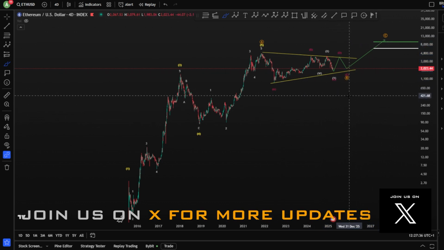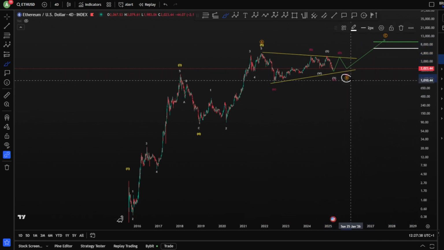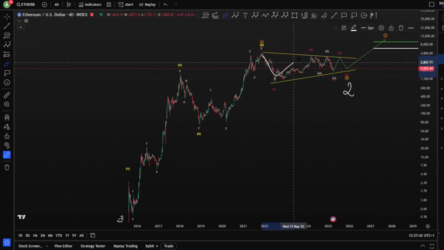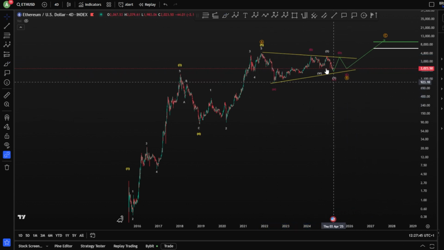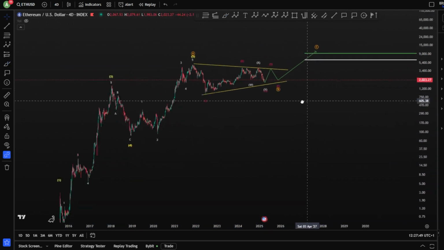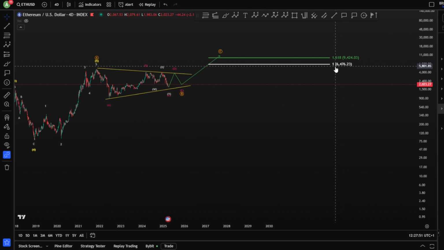And because of the triangle, it is only possible to have a wave B and not a wave 2, because the wave 2 is not allowed to be a triangle. Meaning it is a zigzag A, B, and a C toward the upside. Your target is a 1-to-1 fib level, potentially